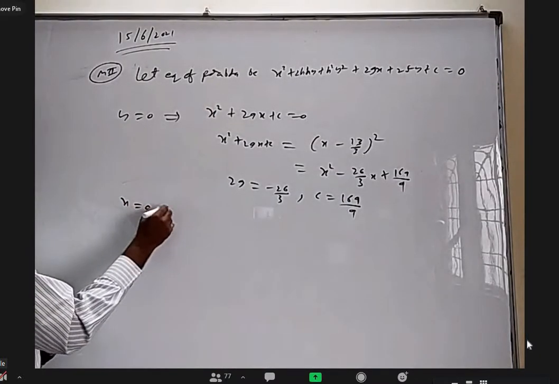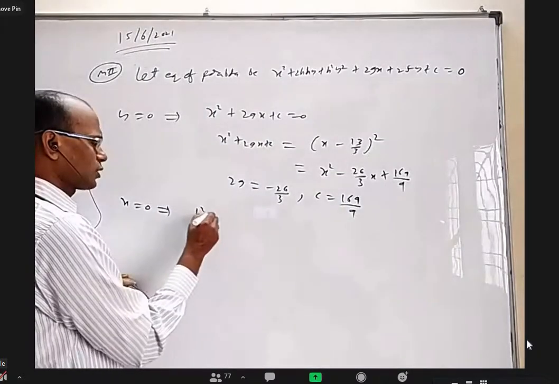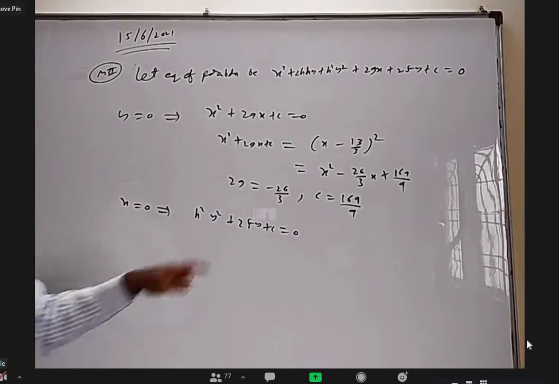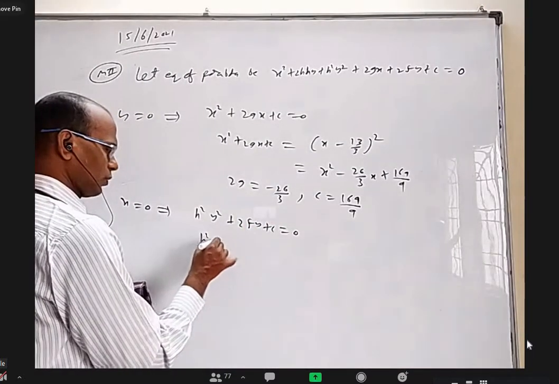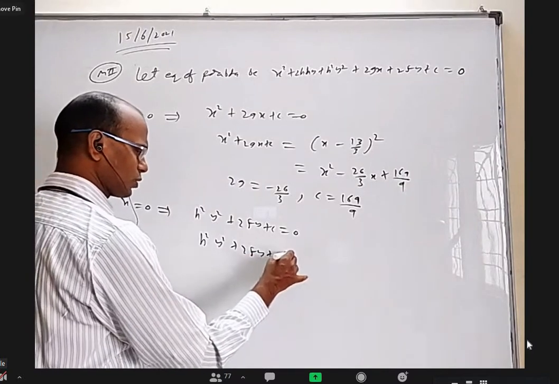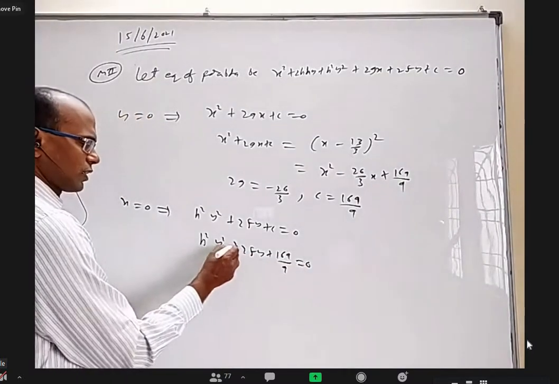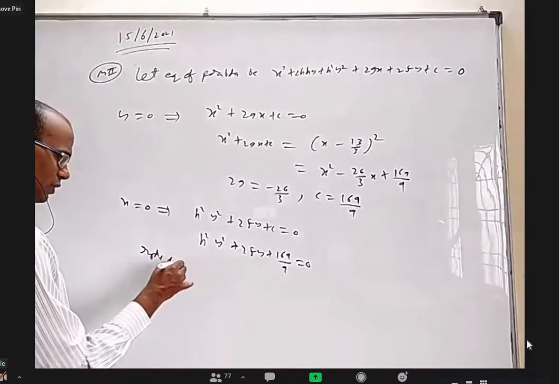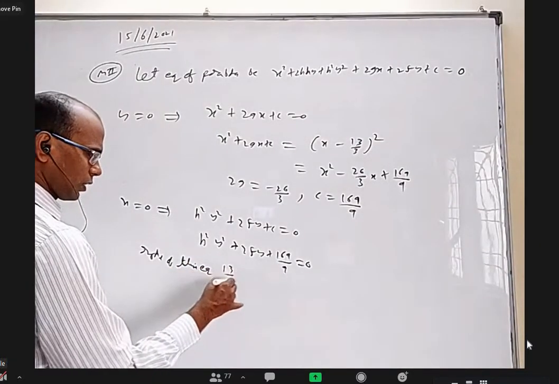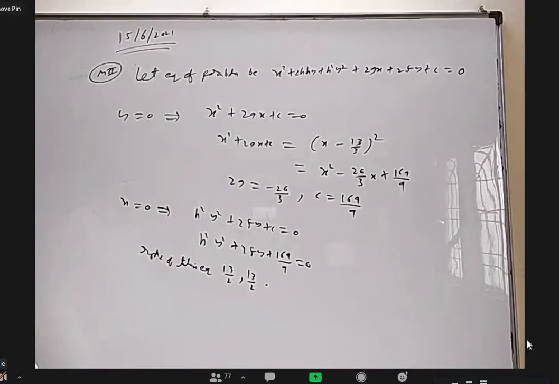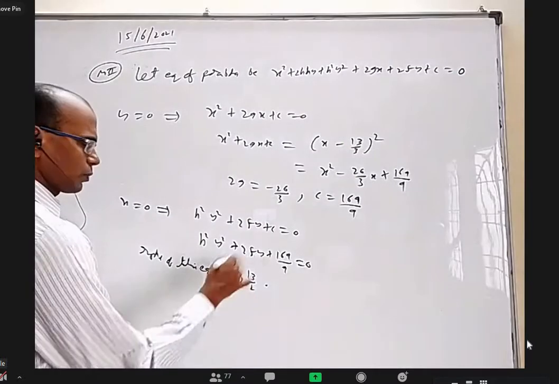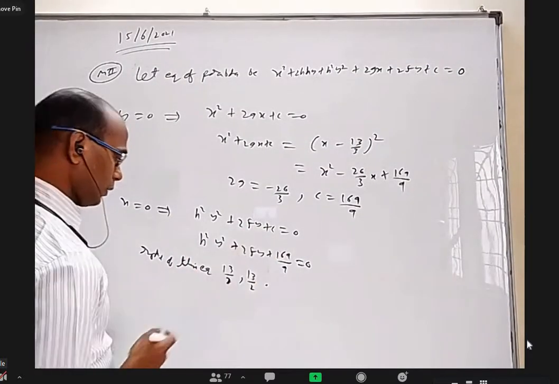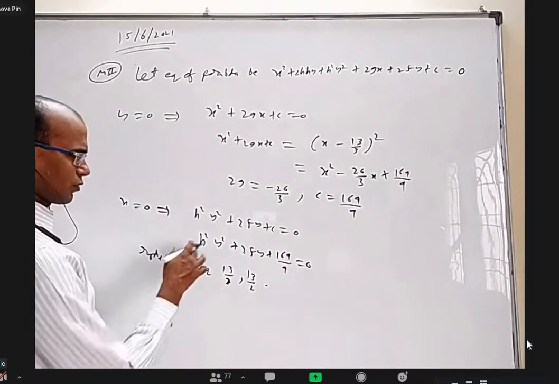Similarly, when I put x equal to 0, I'll get a quadratic equation like h square y square plus 2fy plus c equal to 0. So already c is known. Okay. So h square y square plus 2fy plus 169 by 9 equal to 0. For this quadratic equation, the equal roots are 13 by 2 and 13 by 2. You find the sum of the roots and product of the roots, and you'll get h value and f value. So first of all, let me take the product of the roots so that I'll get h value,